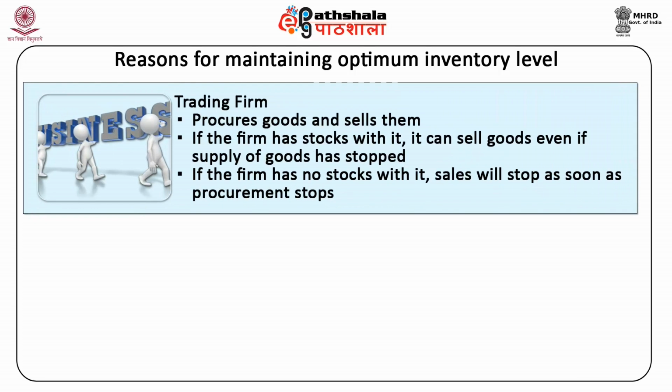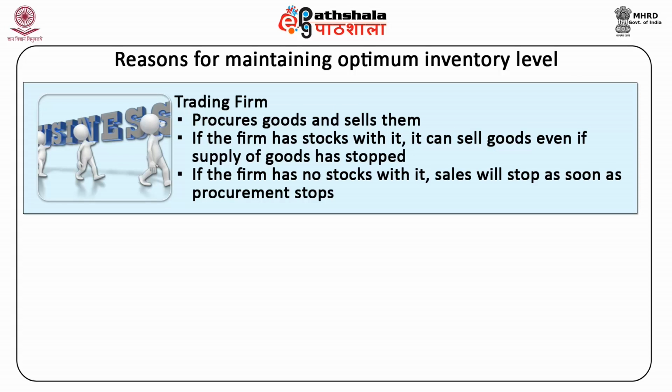If it is a trading firm, it procures goods and sells them. So if the firm has stocks with it, it can sell goods even if supply of goods has stopped. But if the firm has no stocks with it, sales will stop as soon as procurement stops. Therefore, the firm must maintain optimum level of inventory if it does not want to lose its share in the